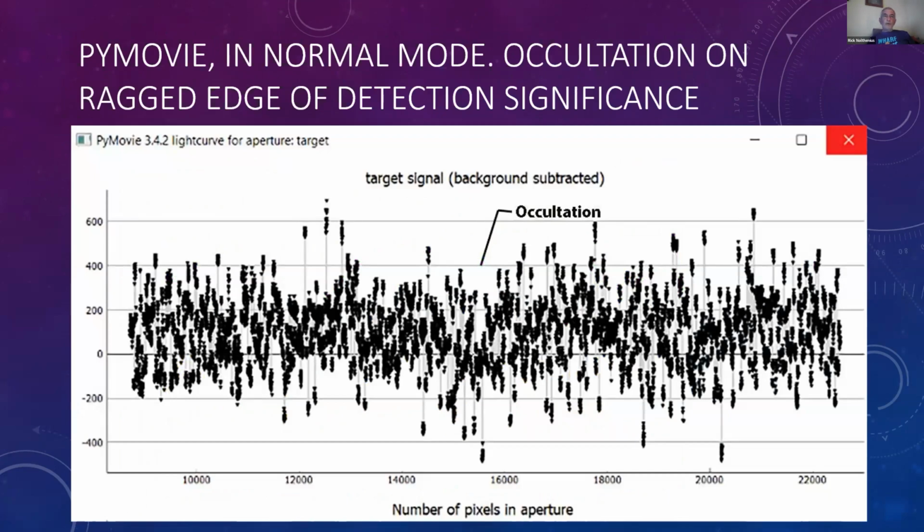So here is PyMovie. What I did is I adjusted the settings so that the sky was as bright as I felt I could get away with, a compromise between high integration so I could detect the star, but not so bright that it was lost. That turned out to be at 16x, so that's half-second time resolution. But for an event that was supposed to last 40 or 50 seconds, that's still usable or worth doing. So the occultation is in here.